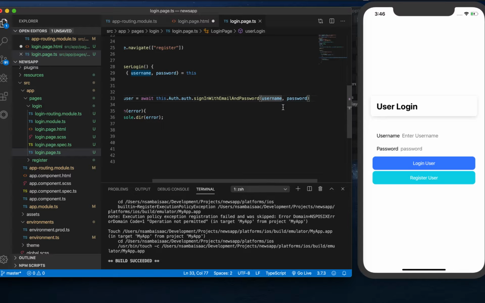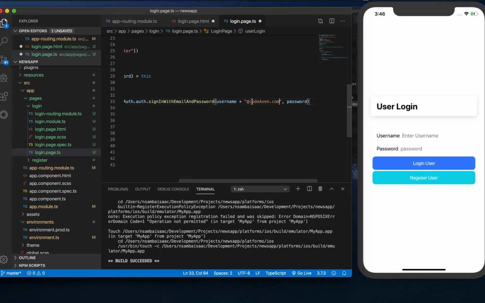So in this case, we'll just append an email format. Let's say add at code. You can put anything you like. So after that we save, and then